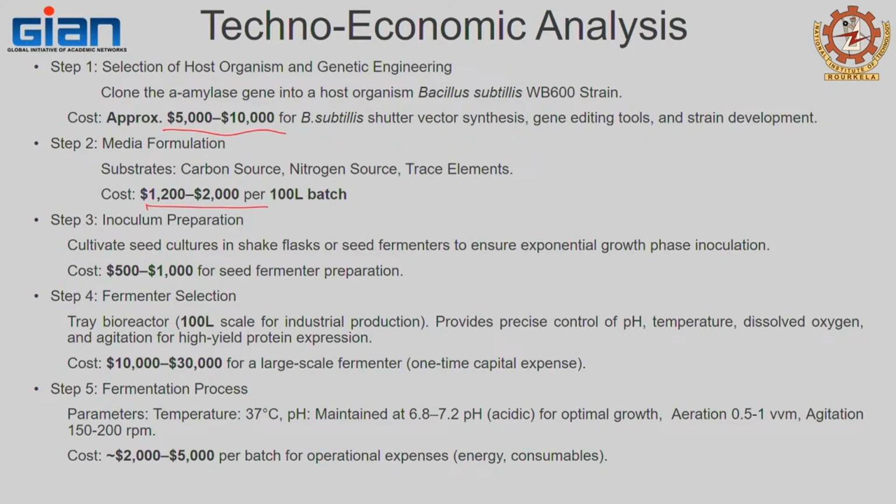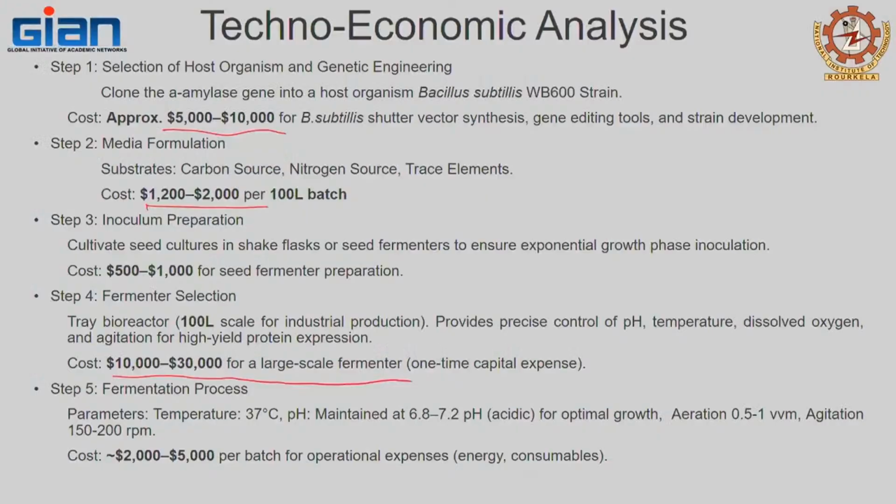Since we are using the tray bioreactor, it was found that the tray bioreactor will range from $10,000 to $30,000 as per our need. The cheap one has manual control, while the expensive one has automated controls. The fermentation process includes temperature control, pH control, and agitation control, including all the expenses with labor and electricity energy consumption. We have concluded the approximate value up to $2,000 to $5,000 for the batch